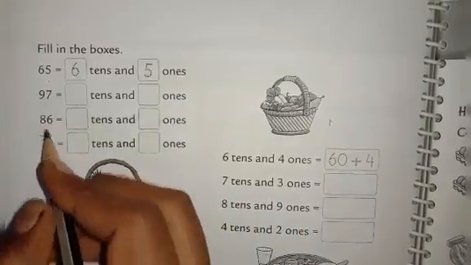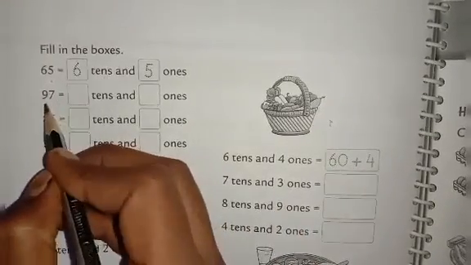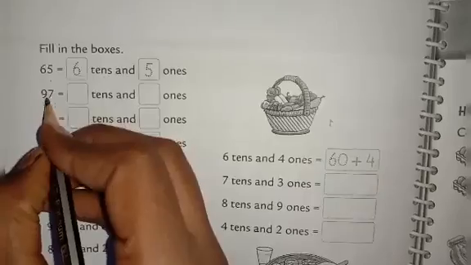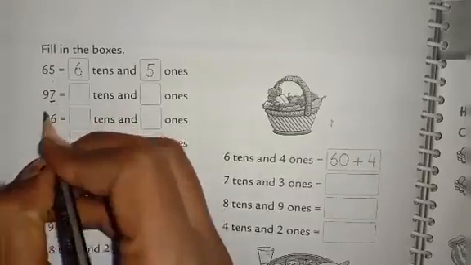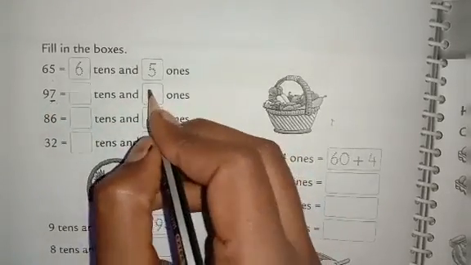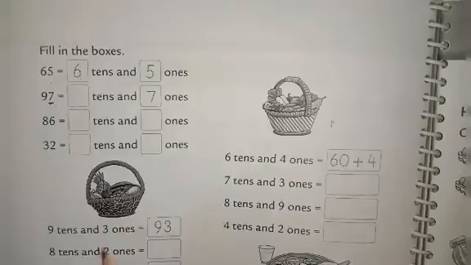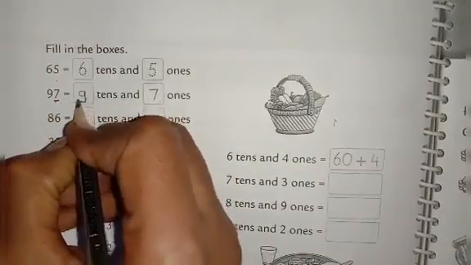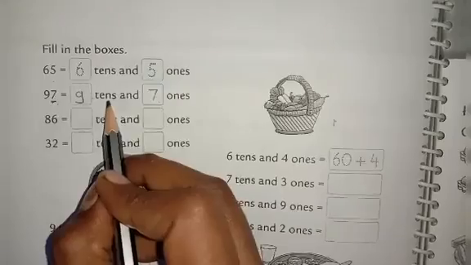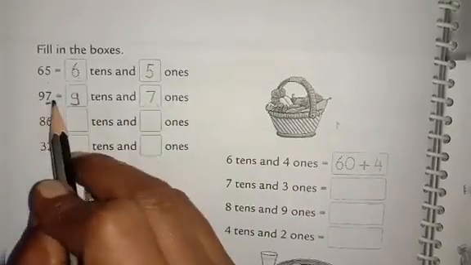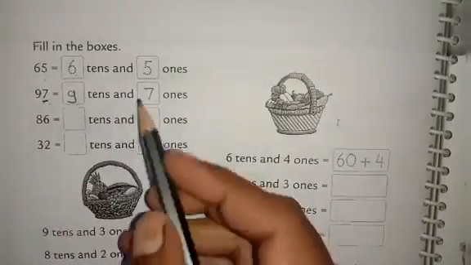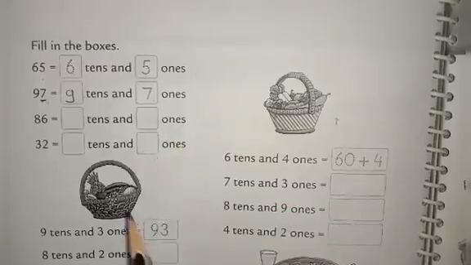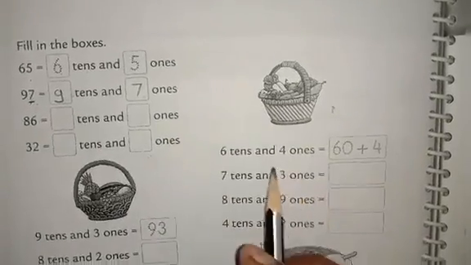The second part कसा आहे, 97 number आहे. So in number 97, 7 is on ones place. So write down 7 in this box and 9 is on tens place. So write down 9 in this box. 9 tens and 7 ones become number 97. Okay, अशा प्रकारे तुम्हाला हे 2 remaining example solve करायचे.